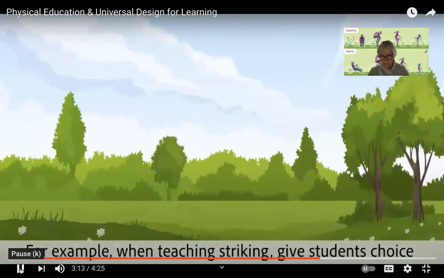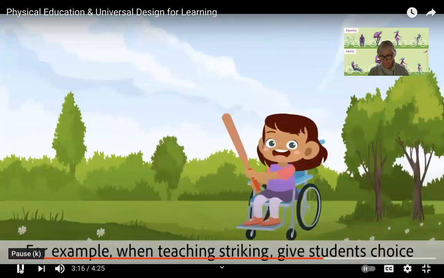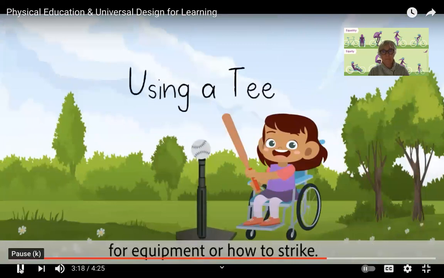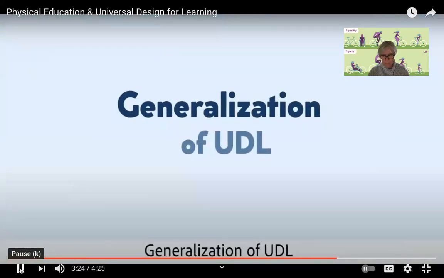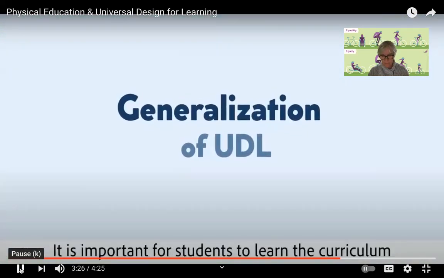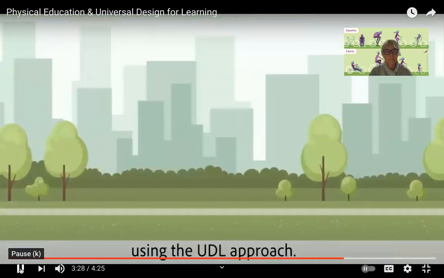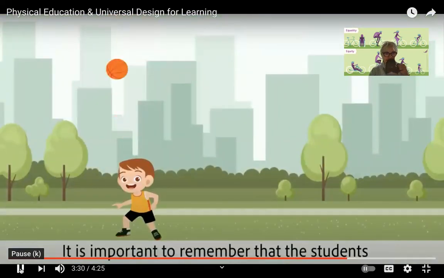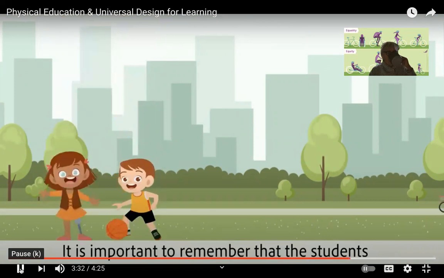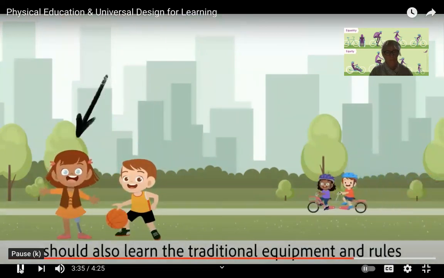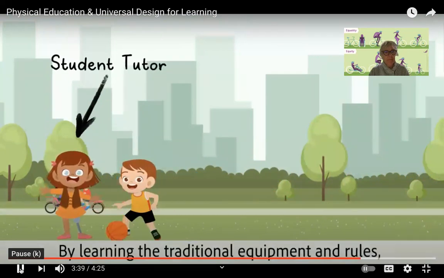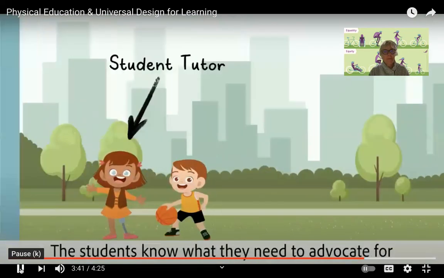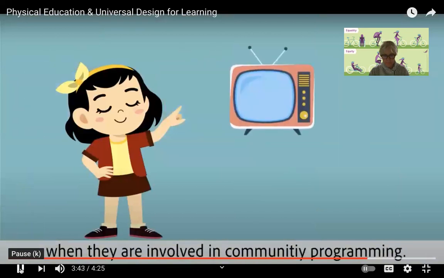For example, when teaching striking, give students choice for equipment or how to strike. Have high expectations for all students. Generalization of UDL. It is important for students to learn the curriculum using the UDL approach. It is important to remember that the students should also learn the traditional equipment and rules for each sport and activity. By learning the traditional equipment and rules, the students know what they need to advocate for when they are